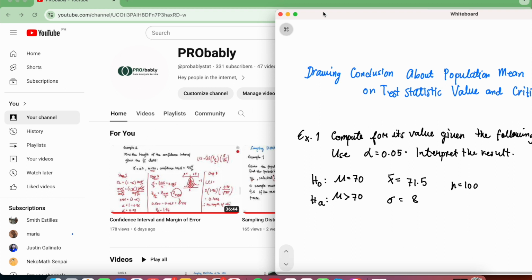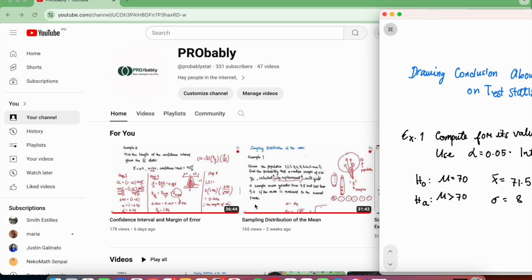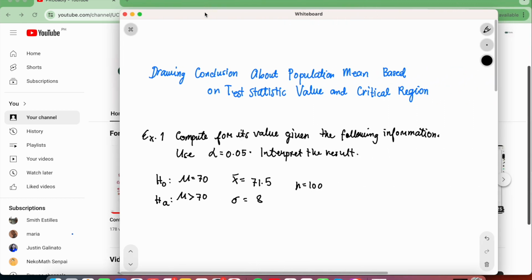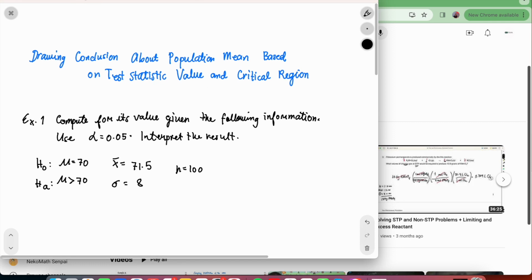In the past two lessons, we learned how to get the length of the confidence interval, and we also learned how to solve for the sample size using the margin of error, right? So in this video I'm going to discuss how we draw conclusions about population mean based on the statistic value